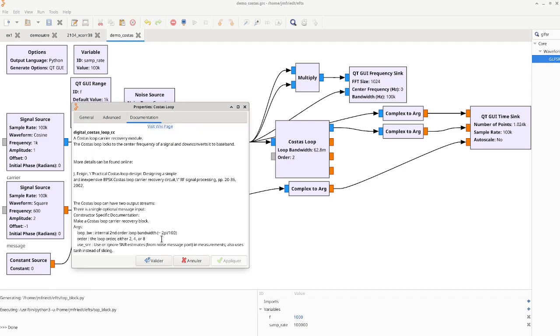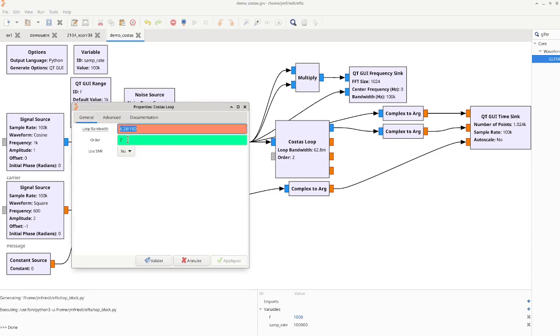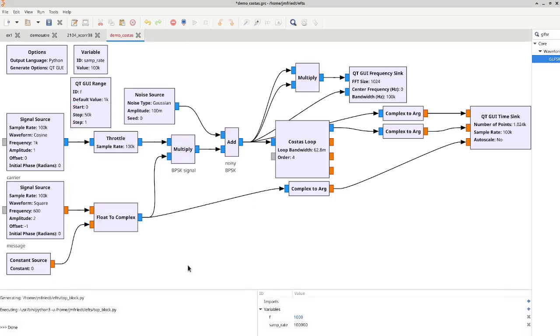The documentation tells us how the loop order should be 2 pi over 100, and the modulation order is 2 for BPSK, 4 for QPSK, or 8 for APSK. Hopefully, if the Costas loop operates properly, the recovered phase should be the encoded message. And prior to the Costas loop, we will see that the signal will suffer from phase rotation, making the identification difficult. Finally, squaring the signal acts similarly to the Costas loop by cancelling the